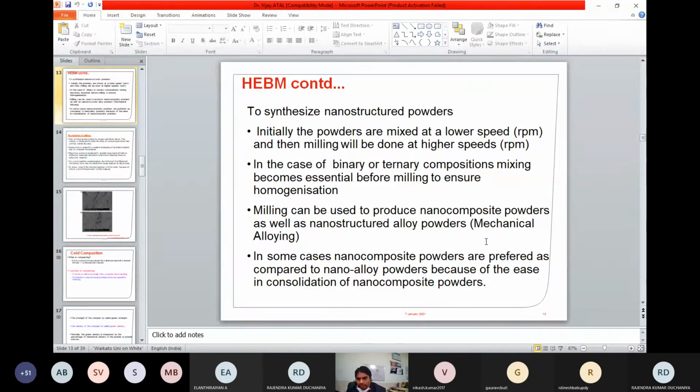Alloyed means, if you want TiNi, or a copper-based CuAlNi alloy, the types of phases and type of alloy you need, the alloy will be completed in the mill itself, and you get the powders after milling. These are mechanically alloyed powders. In some cases, you will be using composite types of powders. Composite powders are powders which are not alloyed,